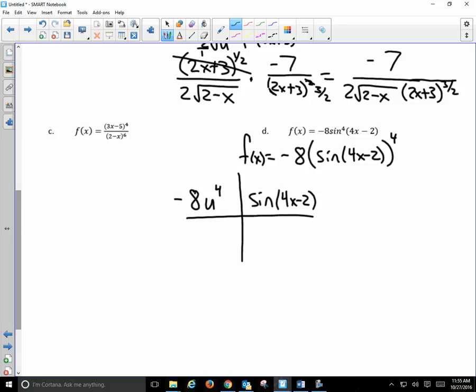Suppose instead of identifying that the outside was negative 8u to the 4th, you try to identify the inside right away, what do you think you would have listed as the inside? 4x minus 2, okay? So we want to set it up like this, okay? And the derivative of negative 8u to the 4th,